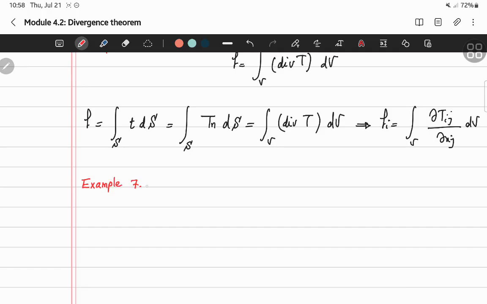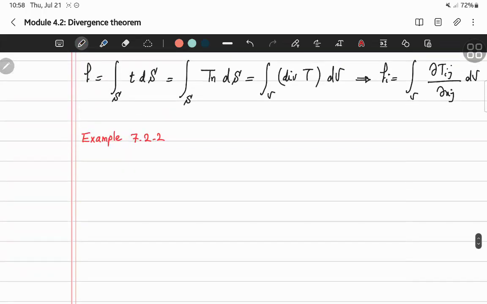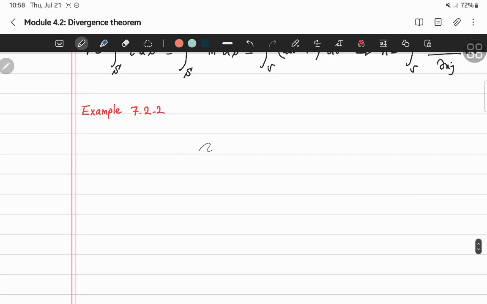So next we have example 7.2.2, and here we're talking about the resultant moment. So basically we have the equation as the resultant moment with the capital M here, x cross t. Or let me just write first the whole equation here. So it says that M is equal to